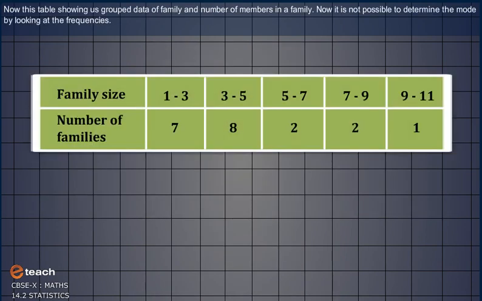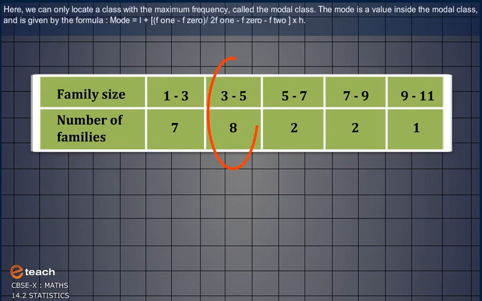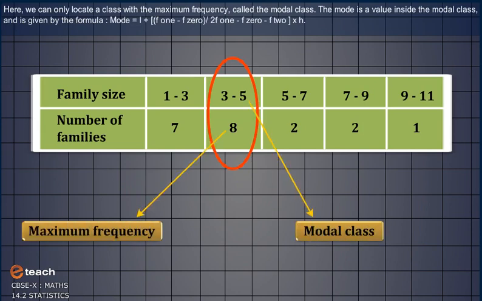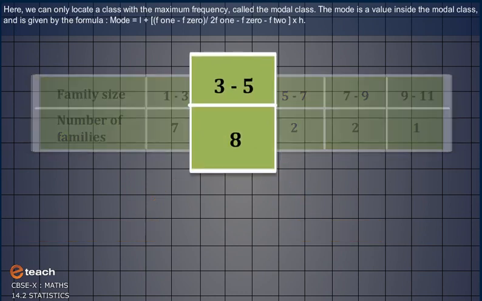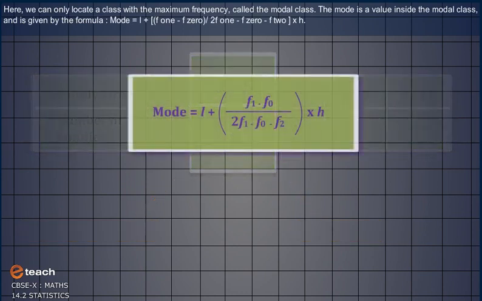Now this table shows us grouped data of families and number of members in a family. Now it is not possible to determine the mode by looking at the frequencies. Here we can only locate a class with the maximum frequency, called the modal class. The mode is a value inside the modal class and is given by the formula where